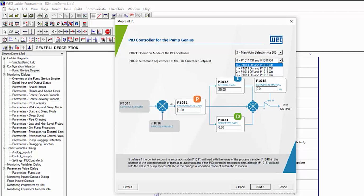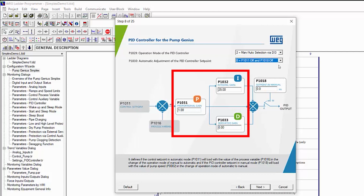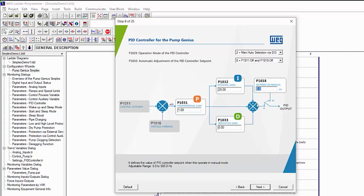This is the bumpless mode we talked about in the PID Quick Start. We'll leave that off again, but in most applications, you'll usually want to enable it. Check out the bumpless videos to learn more about that. We'll use the Pump Genius default coefficients, which are a little different from what we used in the previous PID Quick Start videos. And we'll start the manual set point at 0 Hz so we aren't surprised when we turn